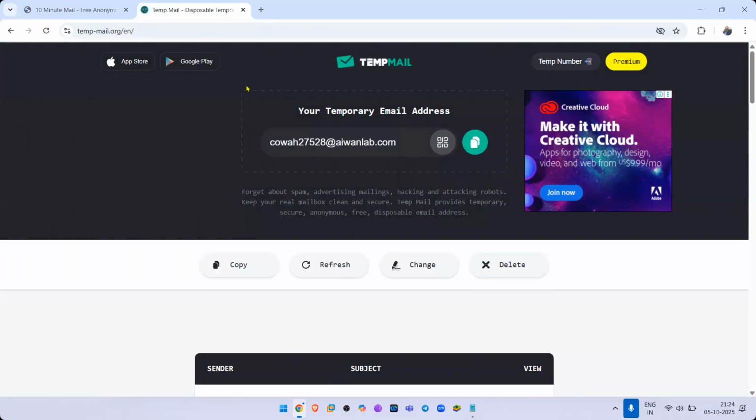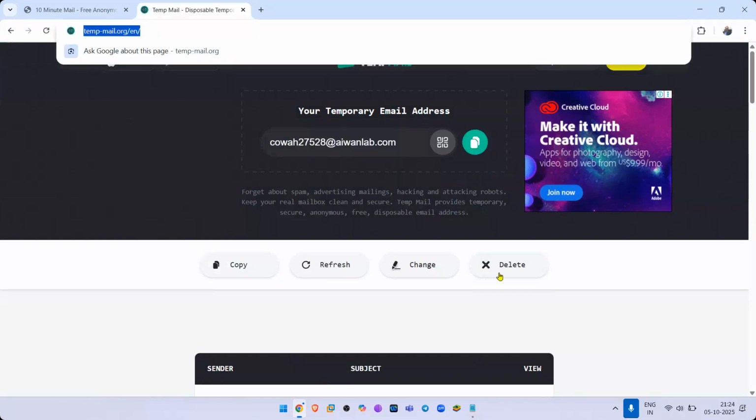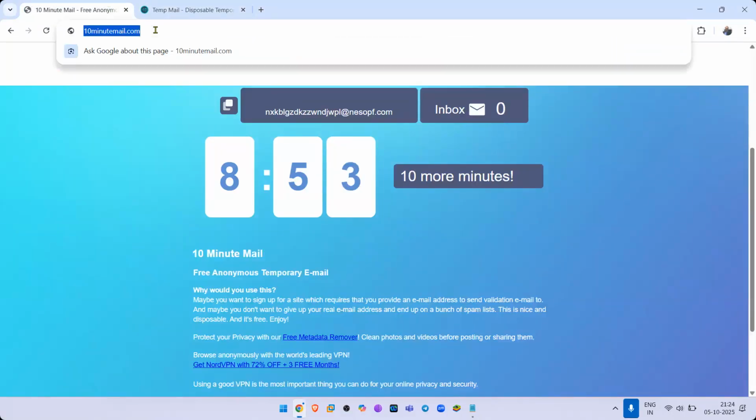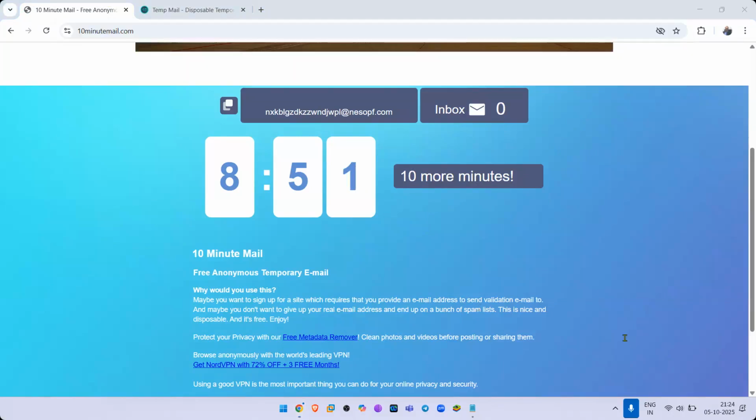So there are a lot of tools. This is one such tool, temporary mail. Another one is 10-minute mail, 20-minute mail, 30-minute mail. These are some of the options that are available. So just try this out. Tell me when you are done. It's very, very simple. Okay, done, right? All right.